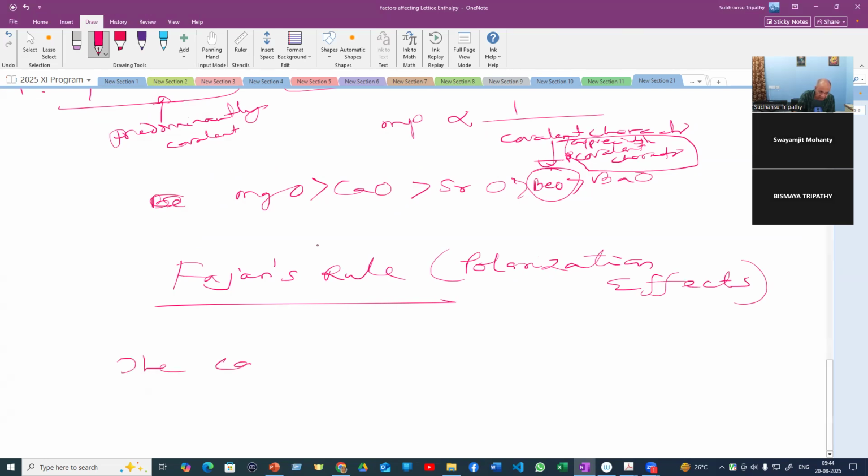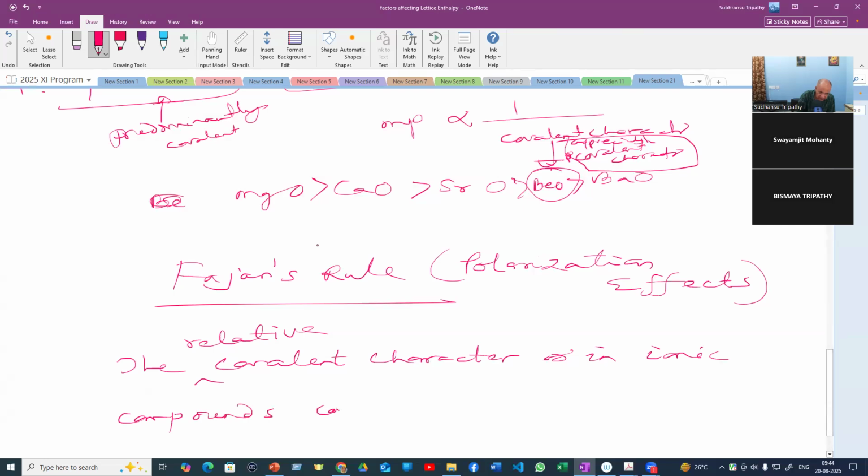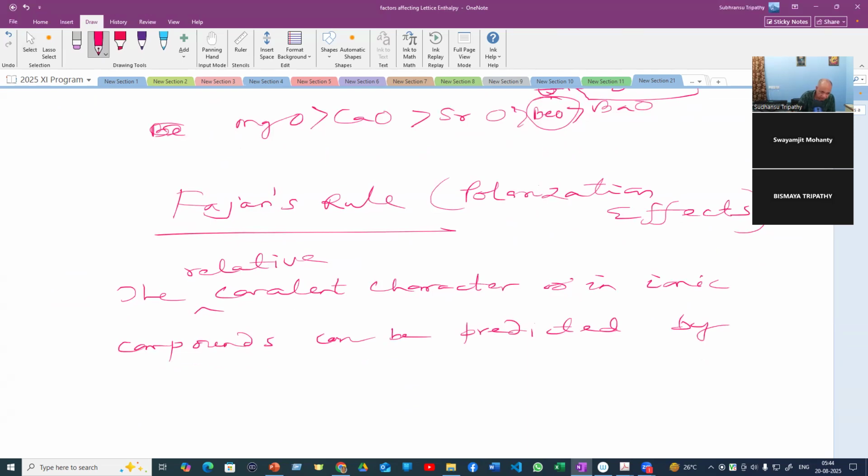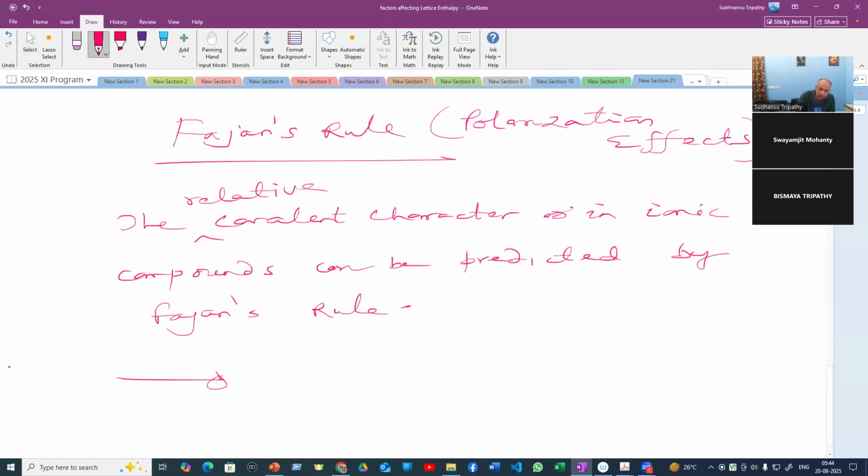The relative covalent character or nature in ionic compounds can be predicted by using Fajan's rule. Now, this rule talks about two parameters. One is the polarizing power